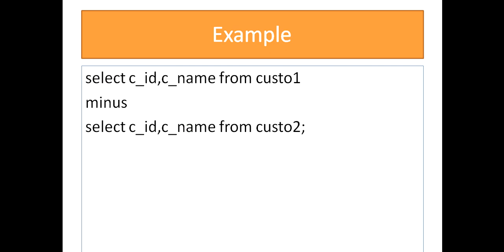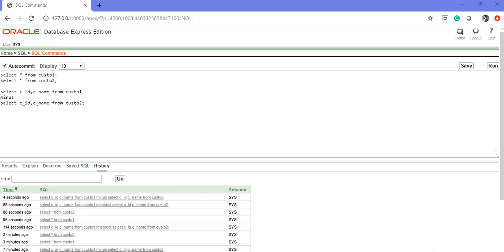Without any delay, open your SQL command box. I'm going to open it and implement this and show it to you. Okay, so let's open this. Well, I have written all the statements in my SQL command box. So you see, this is Casto1 and Casto2. For your better understanding, I'm displaying these two tables again.